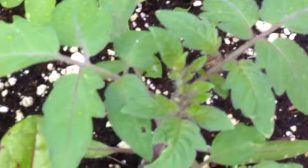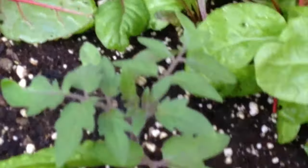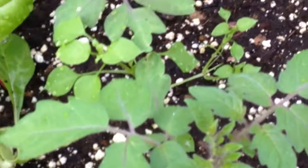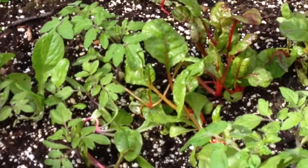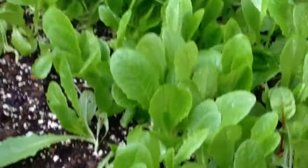A little closer look. The stalk is purple. Gee, I wish these would be my Cherokee purple, but no Cherokee purple was planted in here. So unless a bird brought the seed in, and there was one in here this morning,